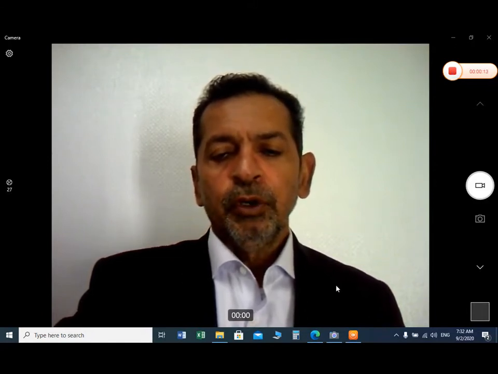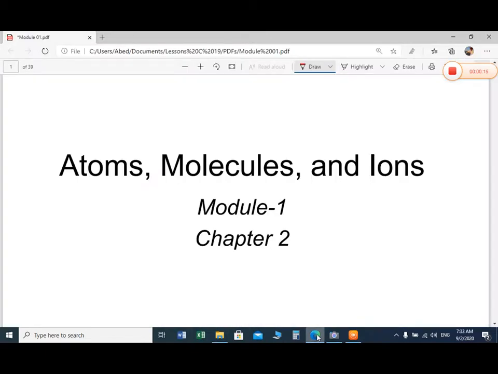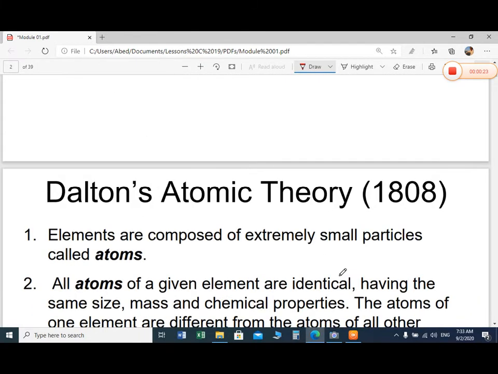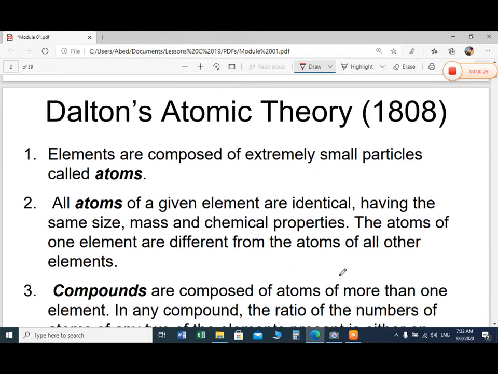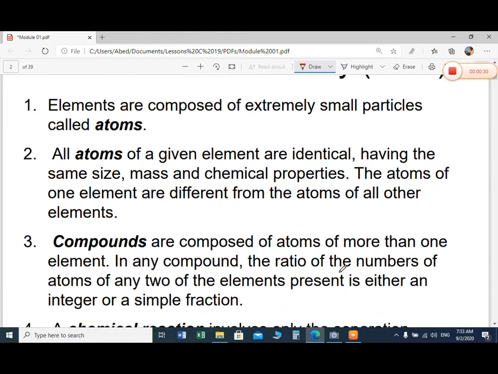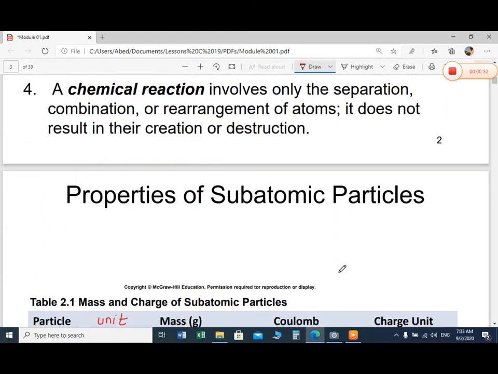Our module number 1 is atoms, molecules and ions. In this module we will study a lot of things. First of all, we start with the atoms. Atoms are the smallest particle of the element. An atom contains 3 subatomic particles: